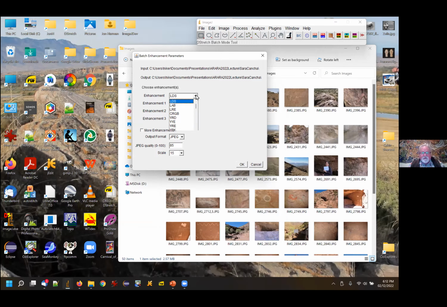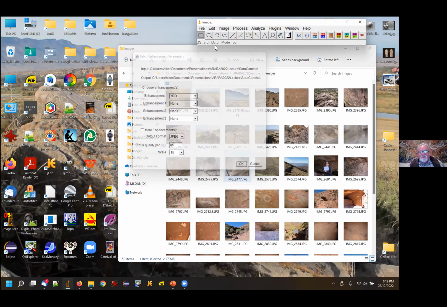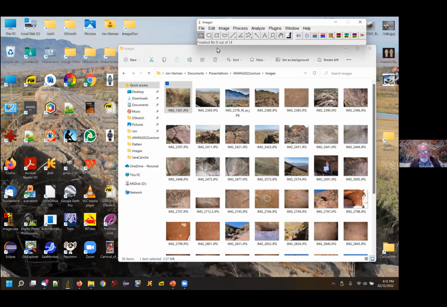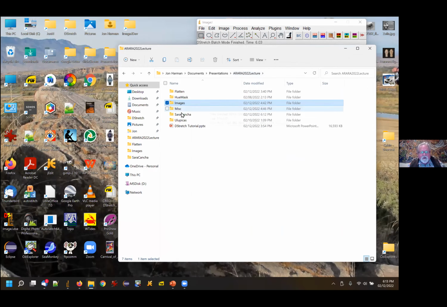And I'm going to choose, because I know that this site has a lot of red in it, LRE. Or actually, no, let's use YRD. That's a good one for this site. I'm going to hit OK. And now DStretch, you see 3, 4, 5, 6, 7, 8, 9, 10, 11, 12. It's already done all the images in the file. And so now if we go to that file,